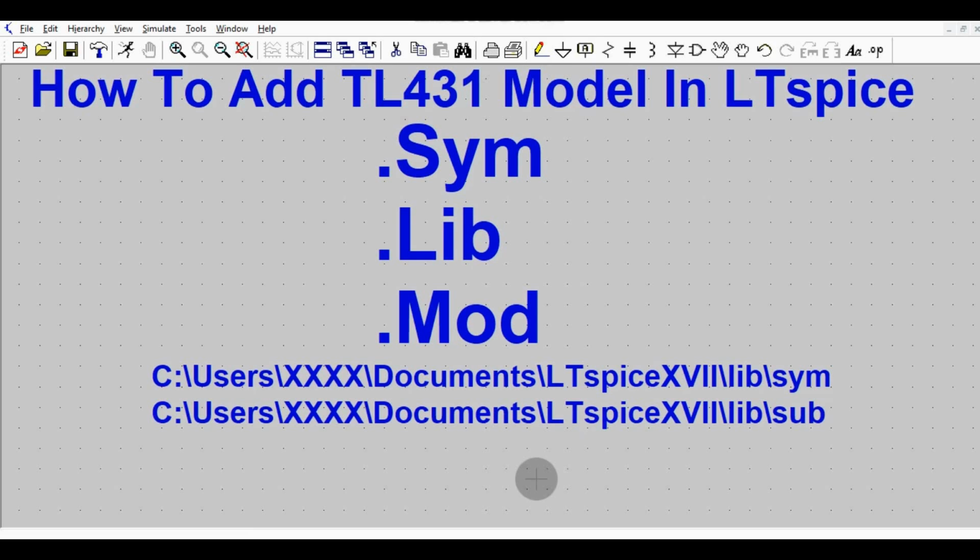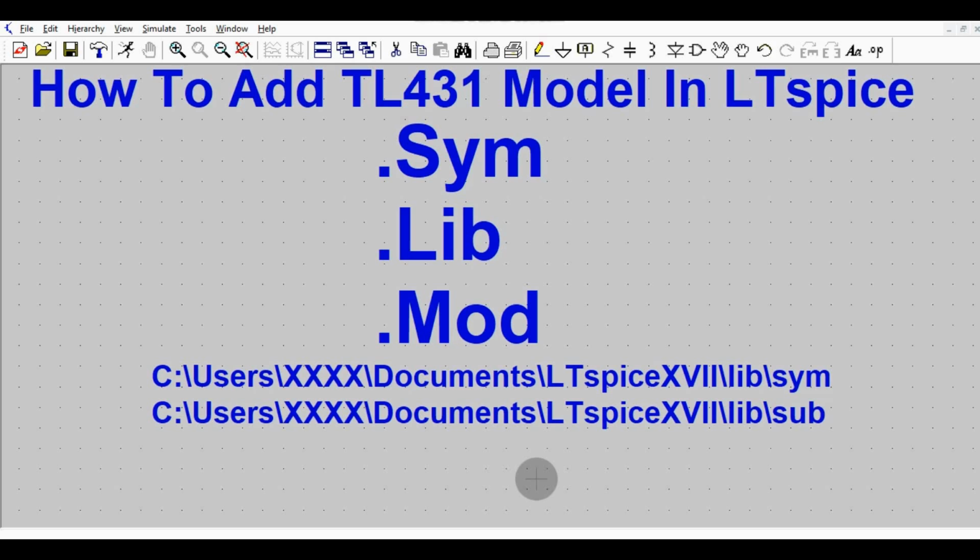So today we are going to understand about the TL431 model addition in LTSpice. So today we will understand how to add TL431 in LTSpice. You might be aware that many of the components are not available in the LTSpice library.